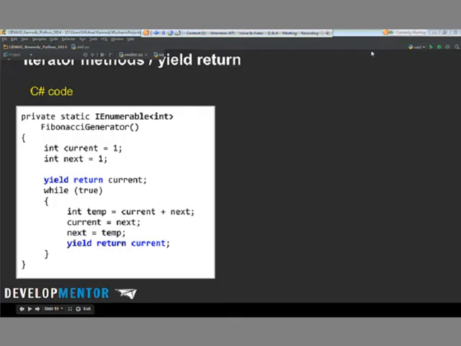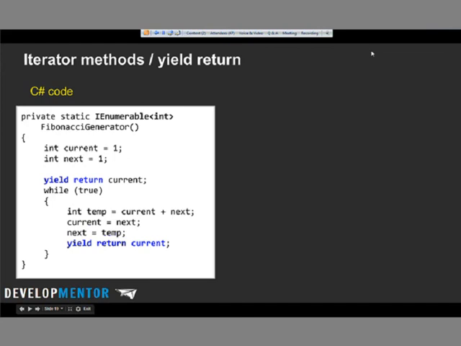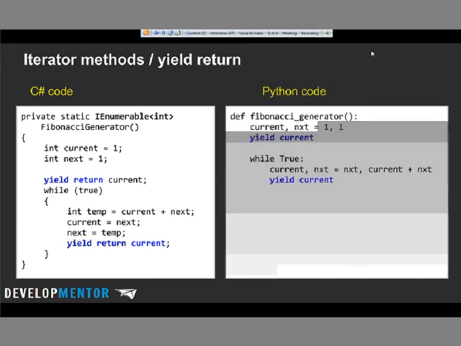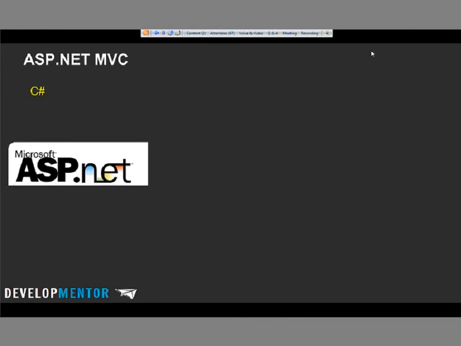All right, so here's the C# implementation. Just to show you how clean and nice the Python language is, there's the Python version. You guys have seen this over and over, like here's half of the amount of code that you had to write to do exactly the same thing. It's not like you had to give up something to get this, right? Very, very nice.